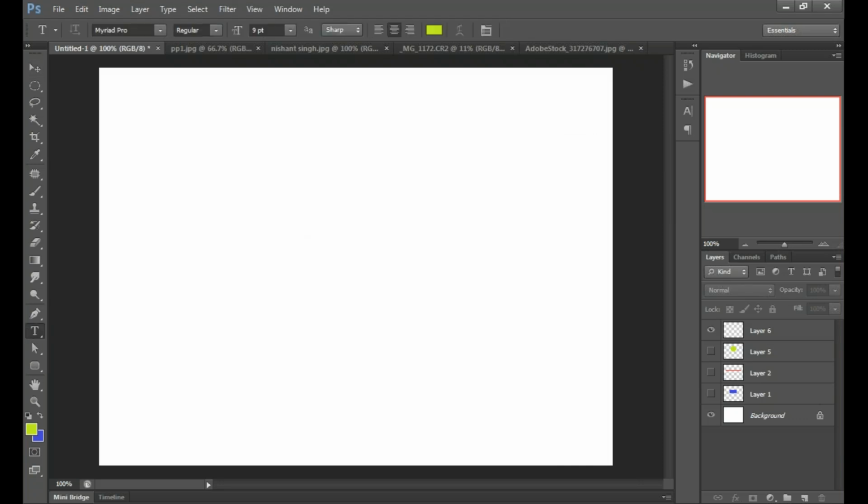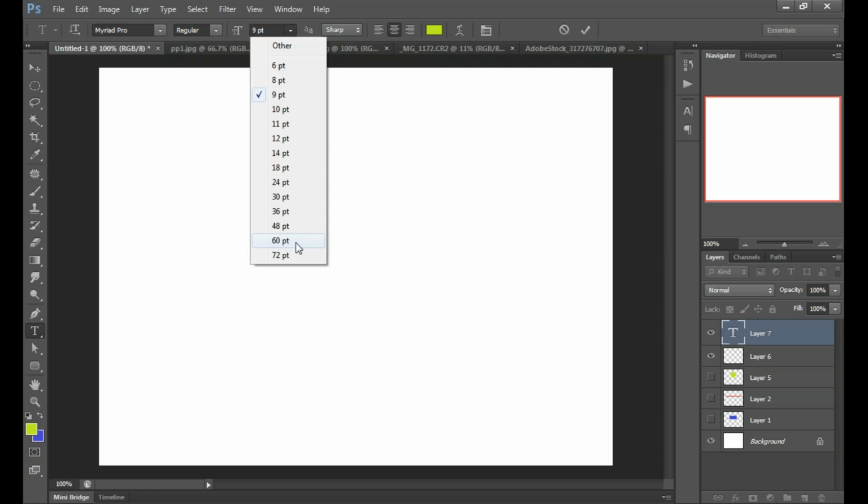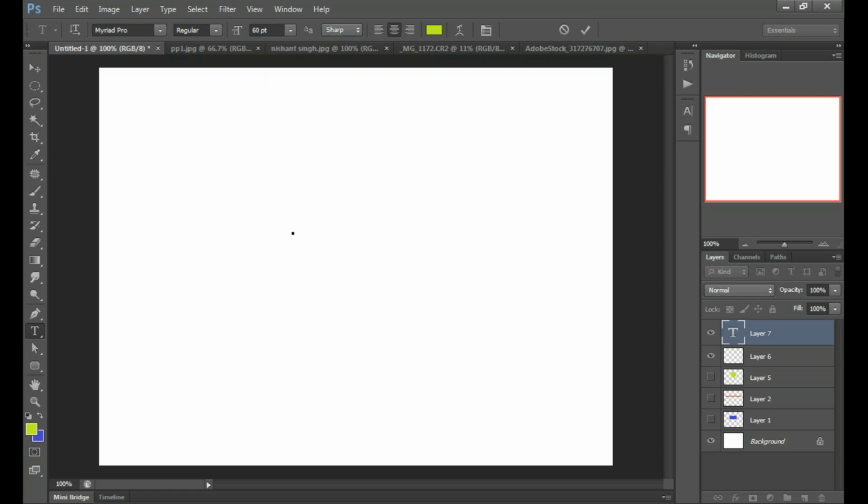The text tool is there. Click anywhere in the image where you want to type. Just click anywhere, like here. I have clicked here and there is a small blinking cursor. Okay, I will change the size to 60 points and type here.